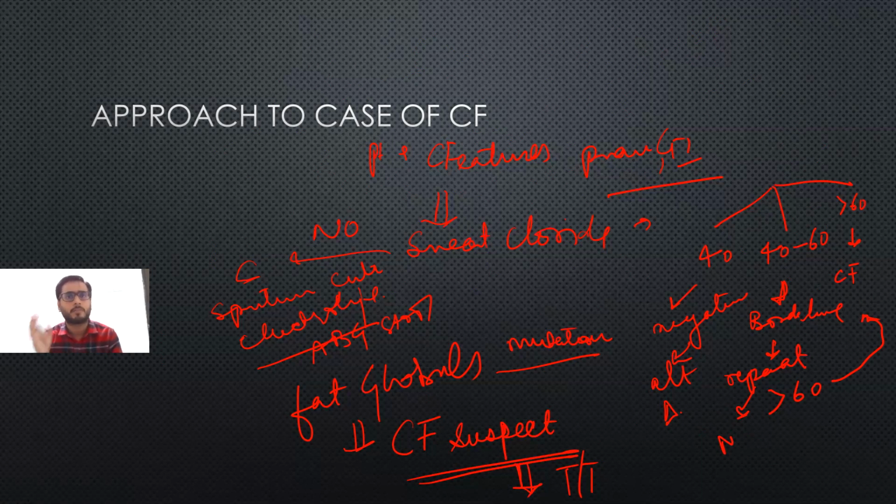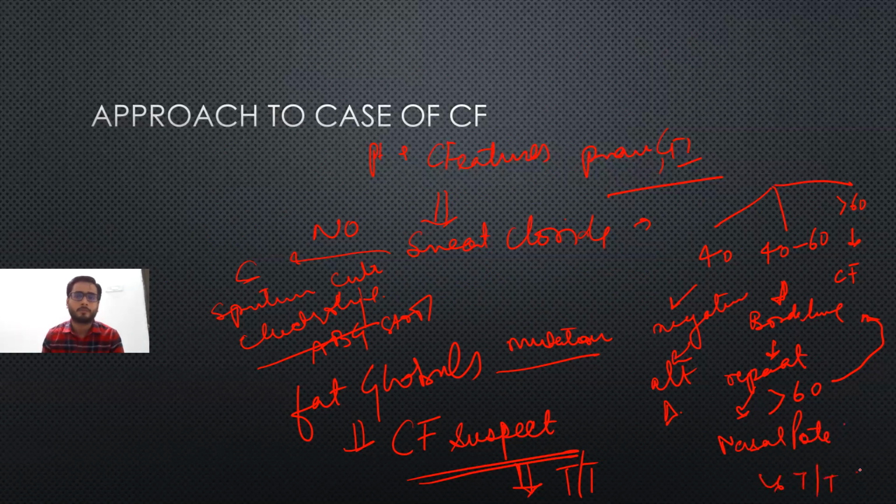That also comes as a question: a patient comes to you with a history of malnutrition, the patient is having failure to thrive, there are 3 episodes of repeated admissions to the PICU for pneumonia. Sweat chloride levels are coming borderline. What will be the next line of investigation? There will be options: repeat sweat chloride, DNA analysis, mutation studies, or nasal potential difference. The answer will be nasal potential difference measurement. So you will be measuring that and doing treatment accordingly. So this will be the approach to a case of cystic fibrosis.